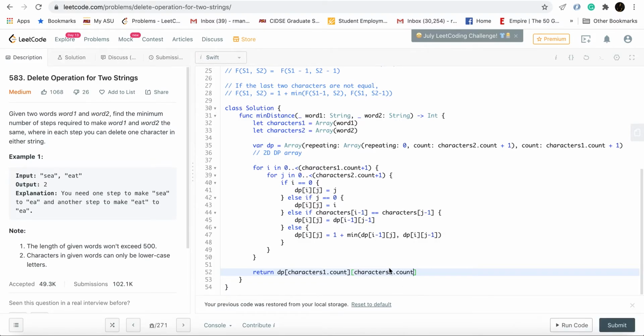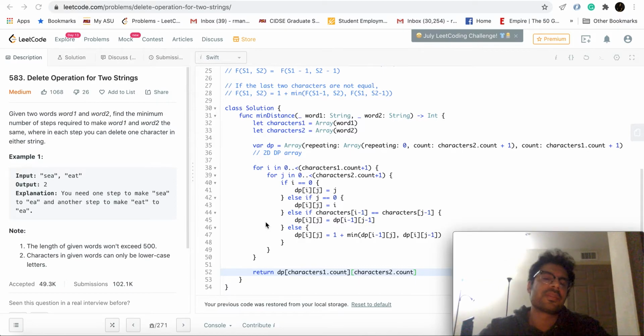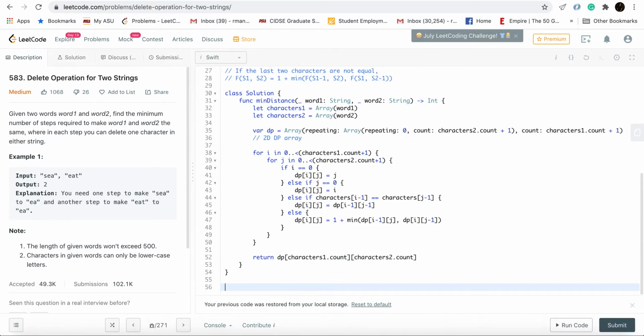Let's see. This is, as you can see, a double for loop. So the time complexity and the space complexity would be order of the length of word 1 into length of word 2.